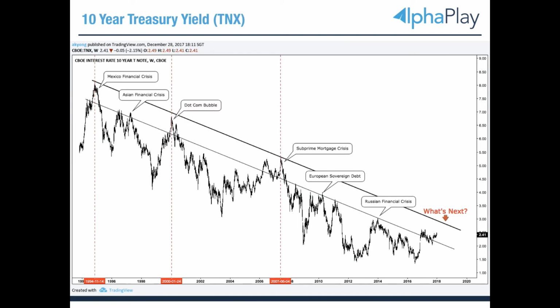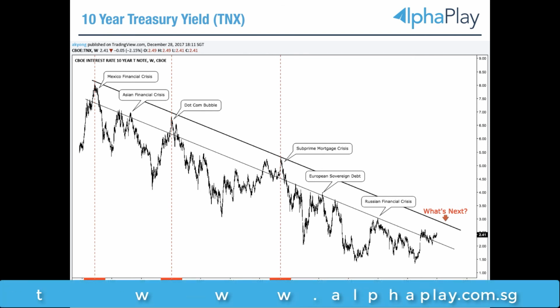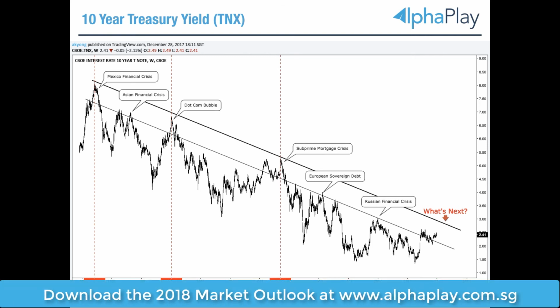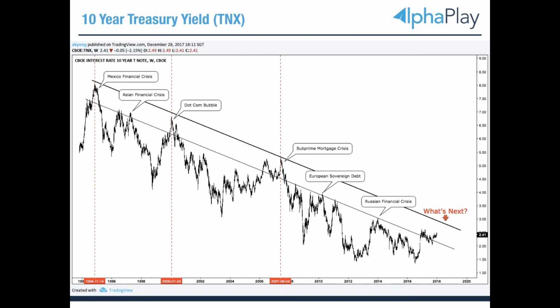Next, that is 2018. Now we are moving into the macro trend of passive investing not working and global deleveraging. This is TNX, your 10-year treasury yield. This chart was shared by a viewer. What you see in this chart is the price movement of the US 10-year treasury yield. Every time it tops at the trend channel line, you have a financial crisis. This is the 1994 Mexico financial crisis. This one is the 1997 Asia financial crisis.